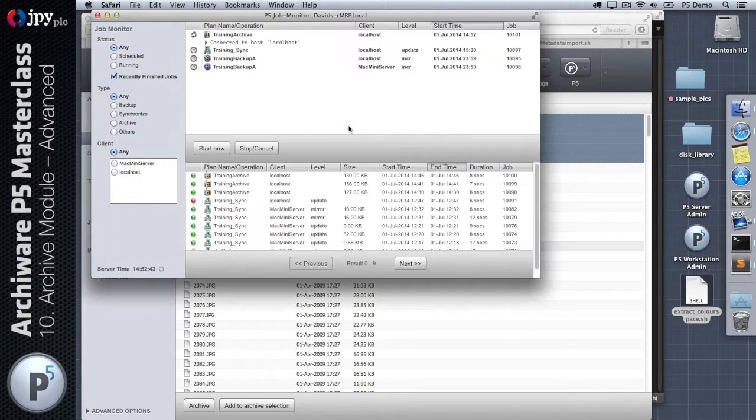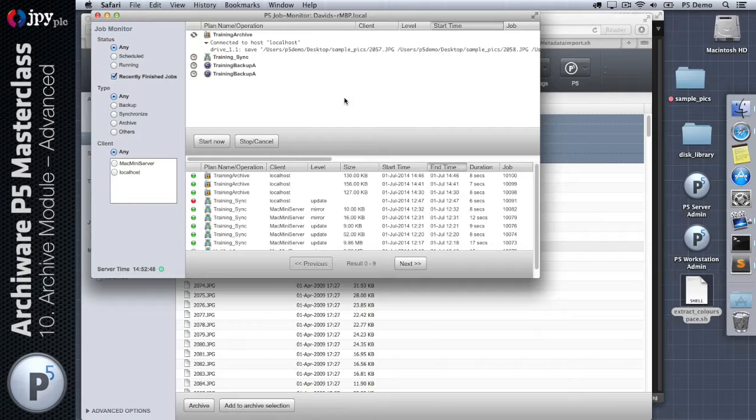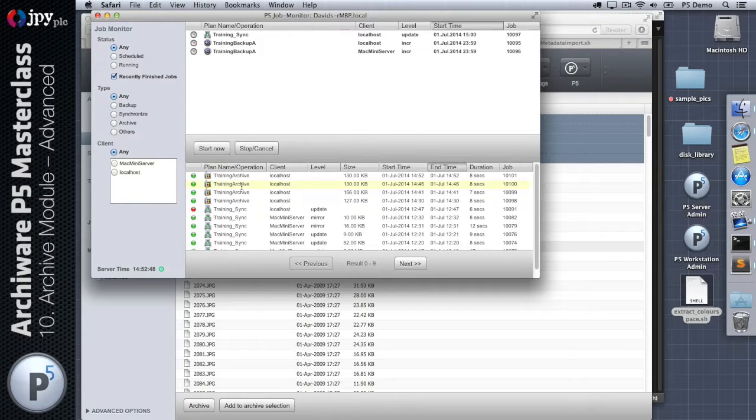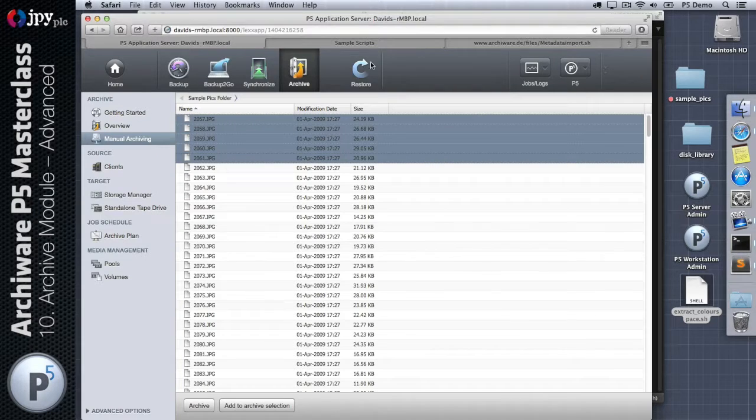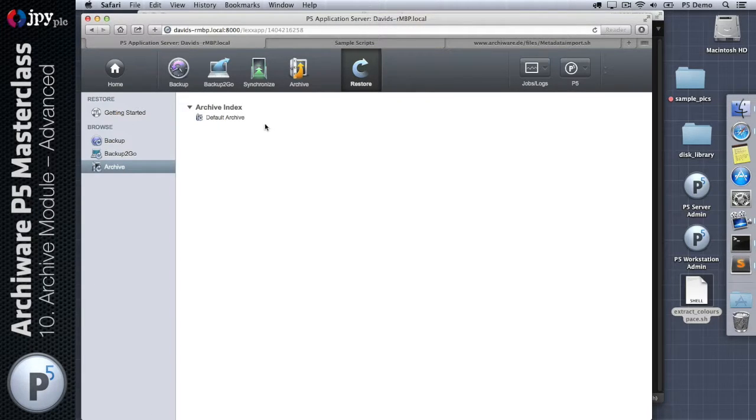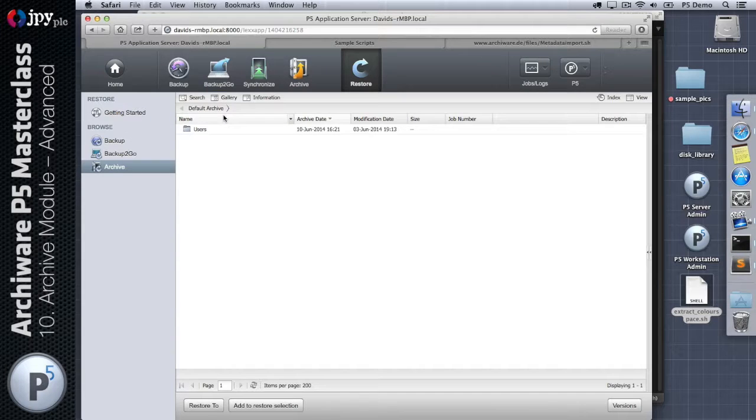So we now run that job, and once the job has finished executing, the output from the job will tell us how many files metadata was extracted for. So you can see here 5 out of 5 files had metadata loaded into the index. So now all we need to do to see what was extracted is visit the default archive index,